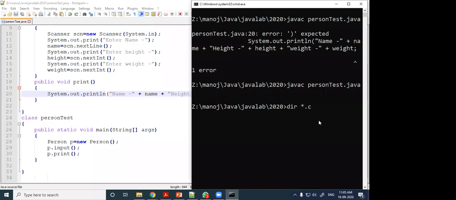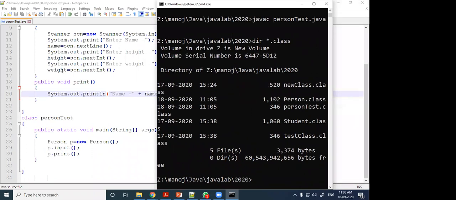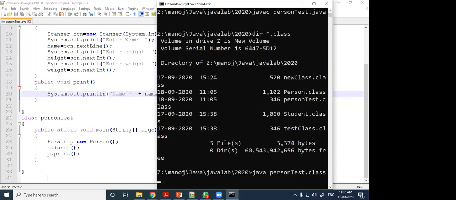There are several classes here, but for this program the PersonTest class is created, and the person class also created. But which class will we call through Java? Java PersonTest dot class.